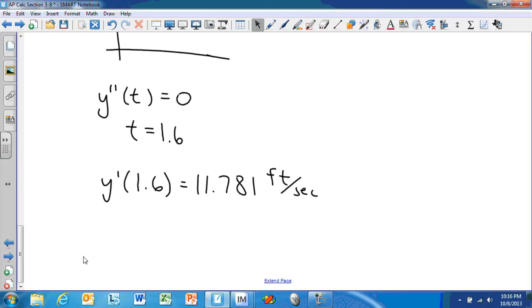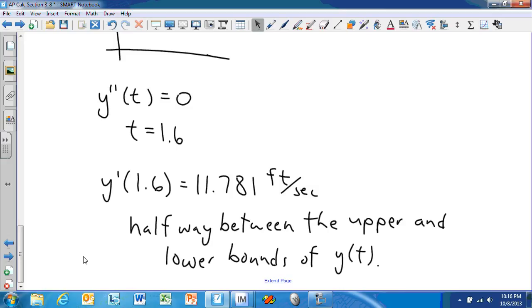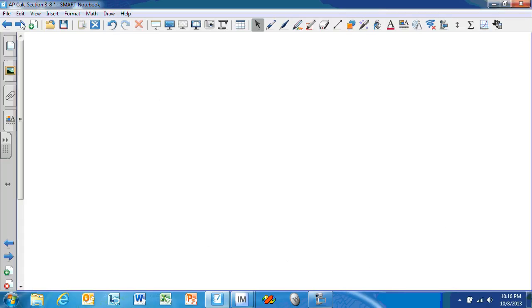So it's halfway between the upper and lower bounds of y of t. That's where those are going to occur. Okay? All right, that is the end of the first half of